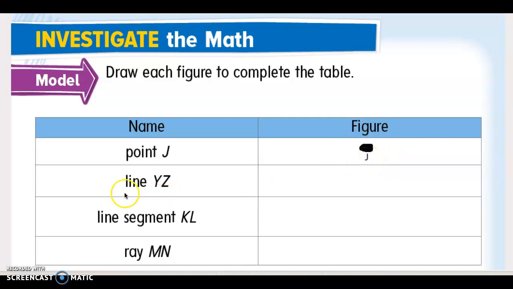Okay, next we have lines. Lines look like this. You might be thinking, I know what a line is. There's a line. It goes on forever. And I can tell that it goes on forever in each direction because of these arrows. A line always has 2 arrows on each end. And then in the middle, anywhere you'd want to put them, this is line